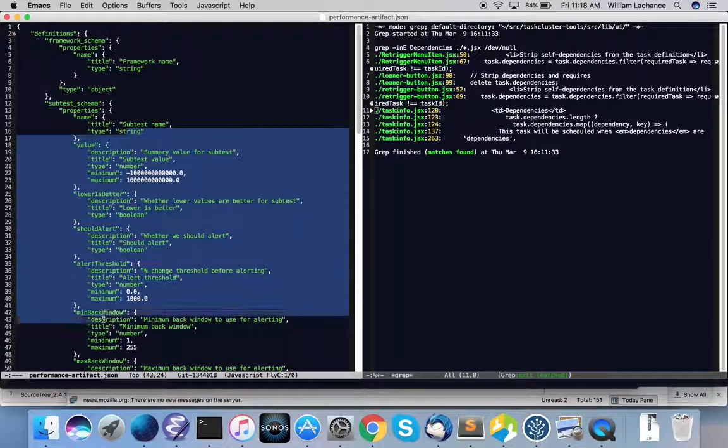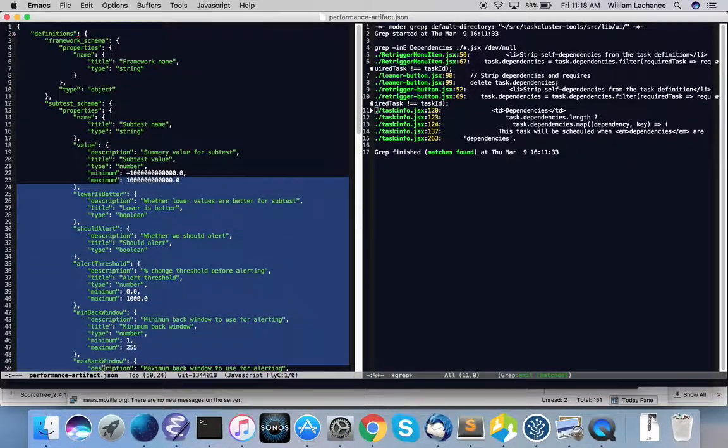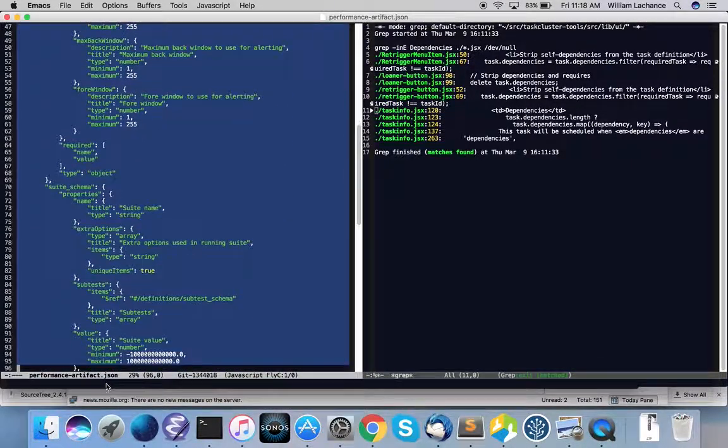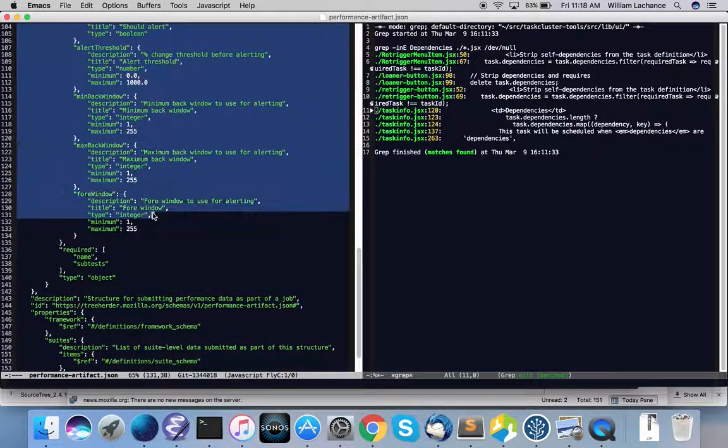So it makes stuff like this a lot easier. All right, so here we go. Here's the performance schema. We have each Perfherder blob of performance data has both a suite level result and a subtest level result, and unfortunately we're kind of duplicating them, which is kind of annoying. It would actually be possible not to duplicate stuff, but of course that's